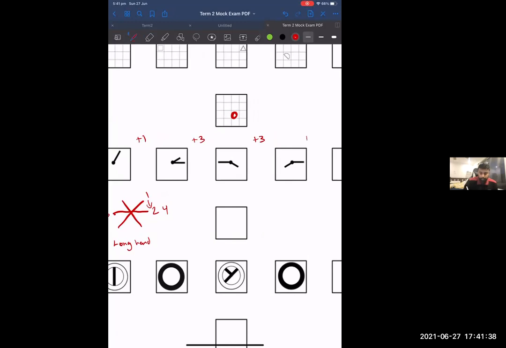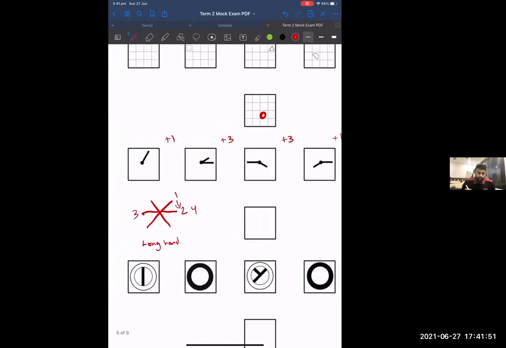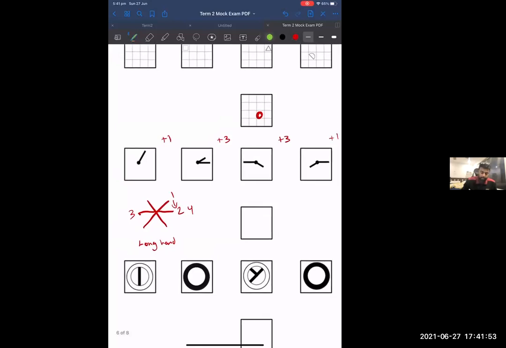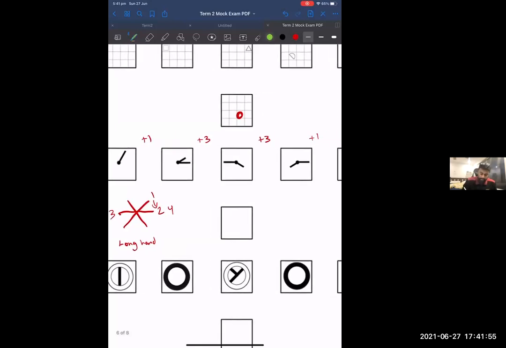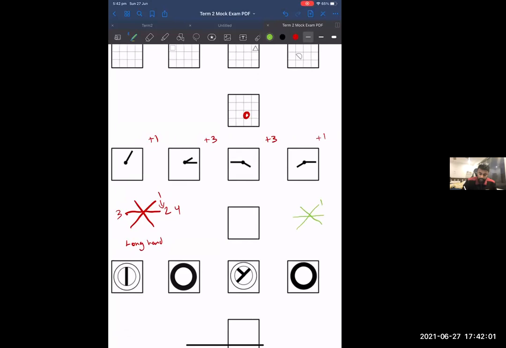What will be next then? +1 perhaps, or it could just be another +3. I would disagree with another +3 because it wouldn't make much sense. +1 seems the most logical one, right? Now let's just go with that, and then let's see what the shorthand looks like. So I'm going to use a different color for the shorthand. Again, we'll go with the same map. So it starts off here, Naman, right? 1, and 2,